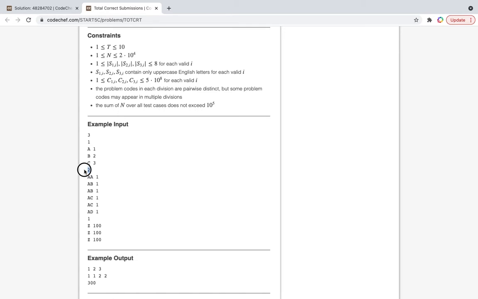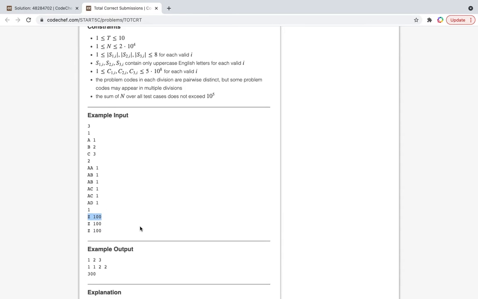If you observe this 2, here 2 means two problems in each division. So these two are in one division, these two problems are in one division, and these two problems are in one division. Same as here, one problem code in each one of the divisions, right? So we have a total of three divisions.